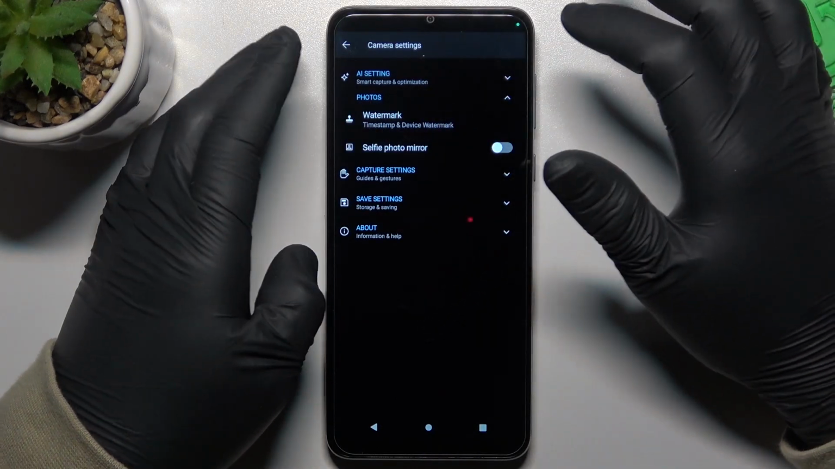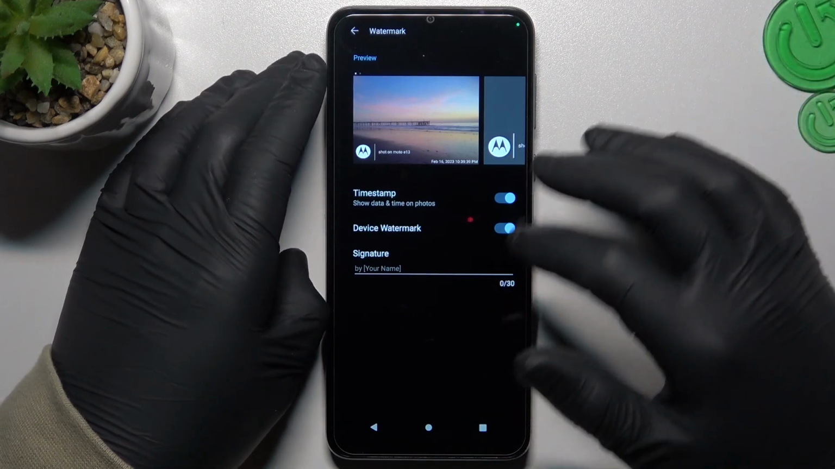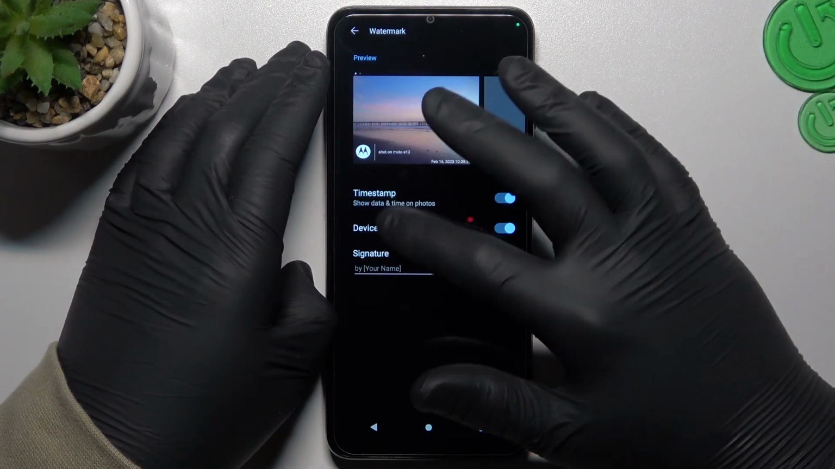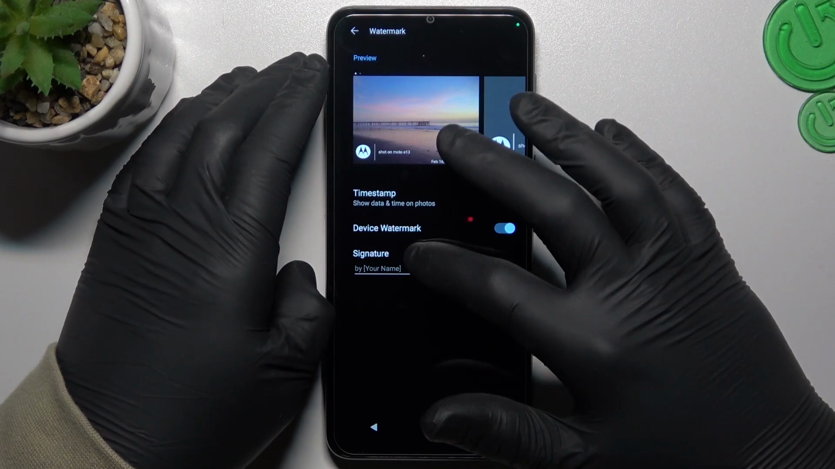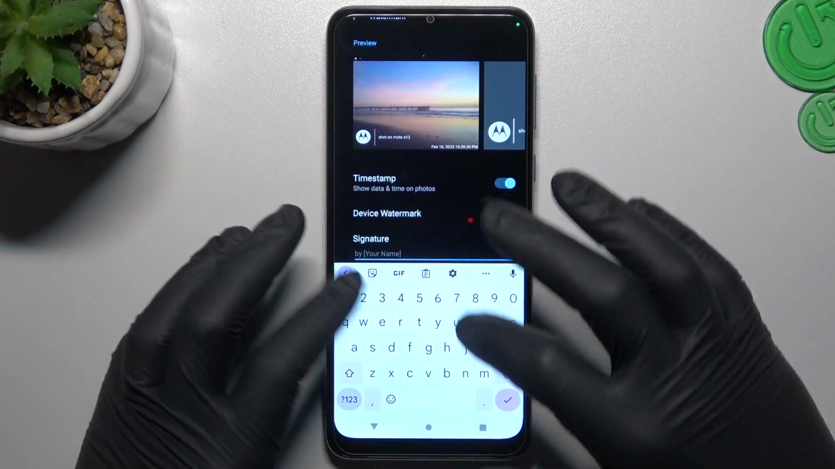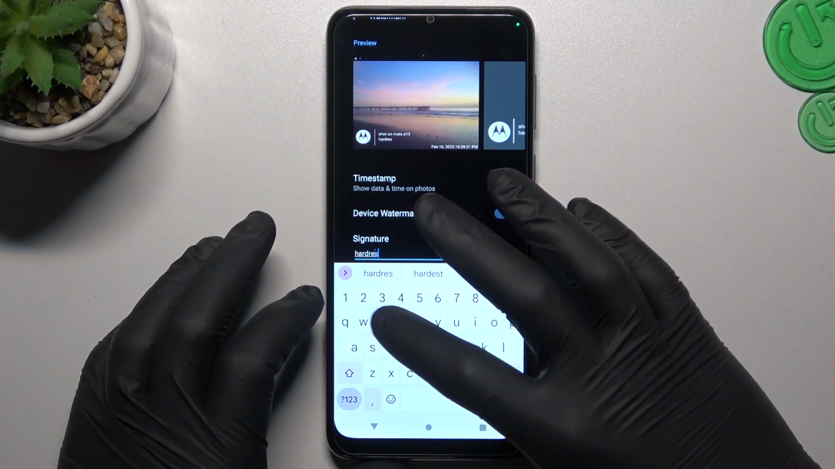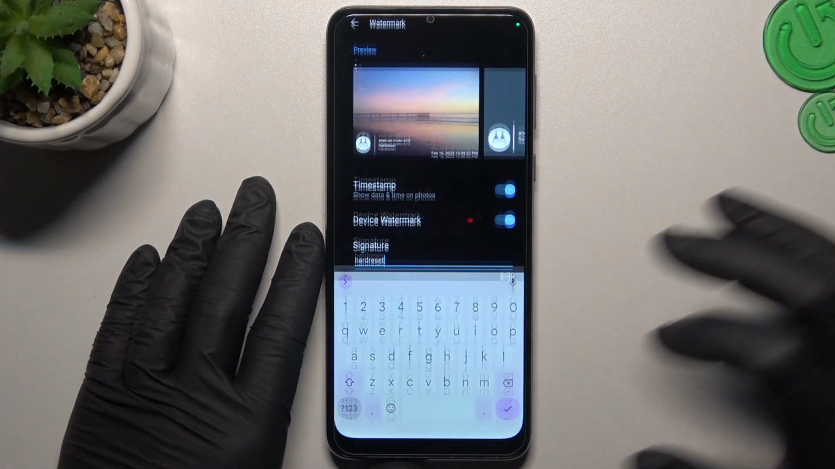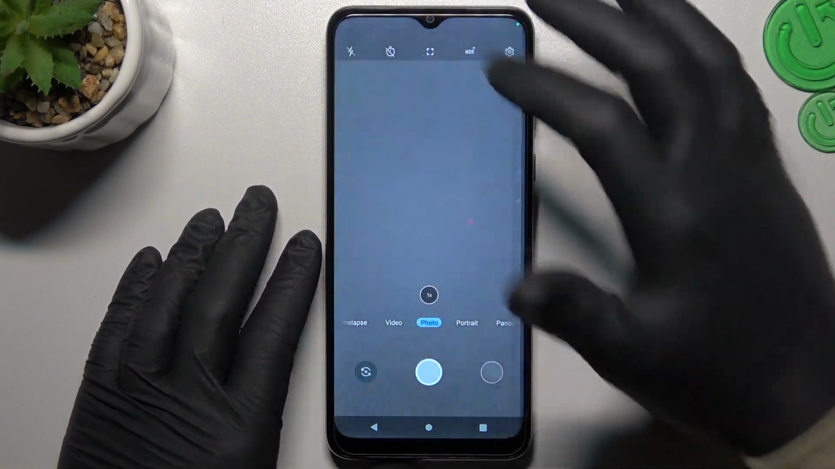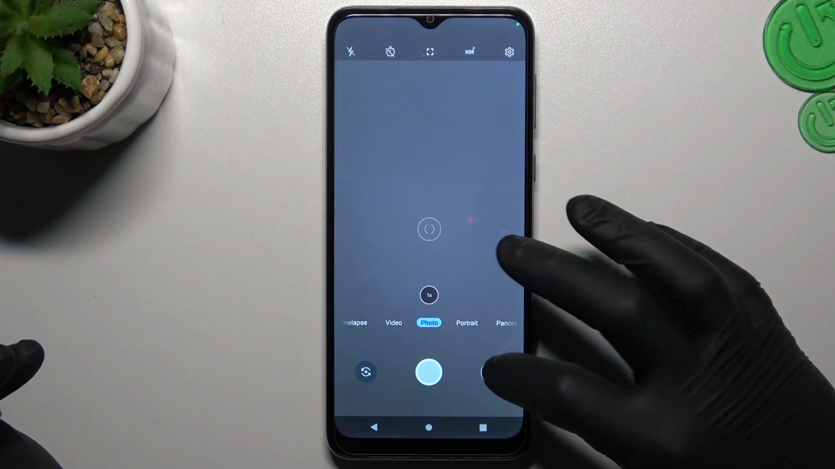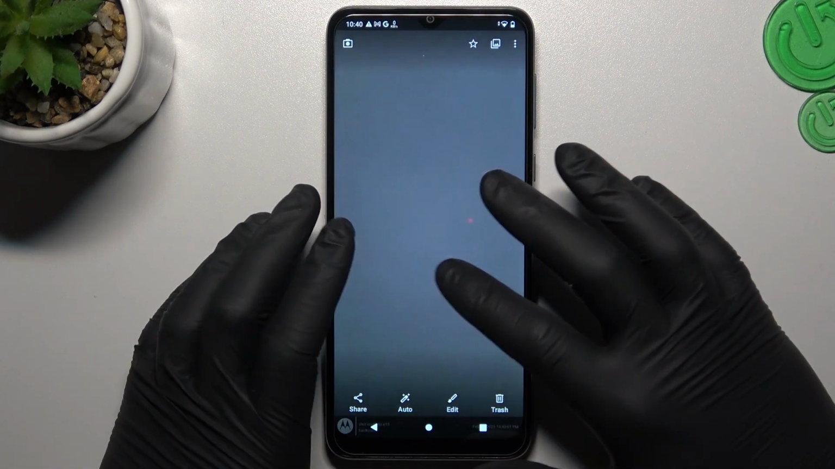Now I can see that we have watermark, so tap on it, and this is the place where you can enable a timestamp, device watermark, and if you want to add your signature, just click here, type your text, and click the accept icon. Now just go back to the camera, take your photo, and now the customized watermark should